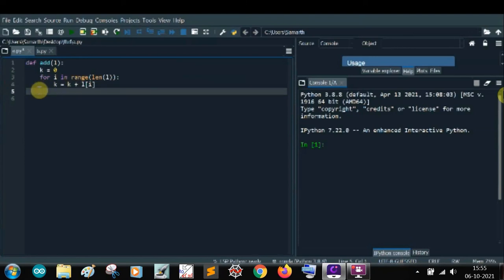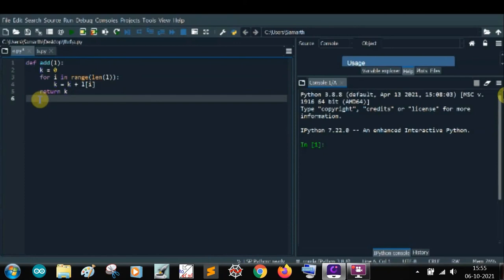Each element is getting added, and then lastly we're going to return k. Return means give it back to the user. So this is our add function.